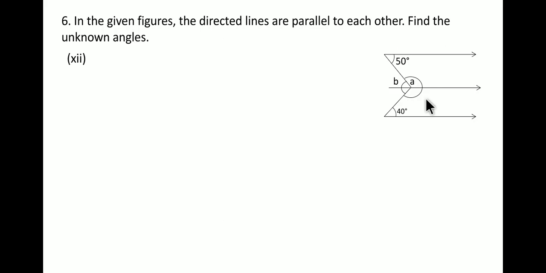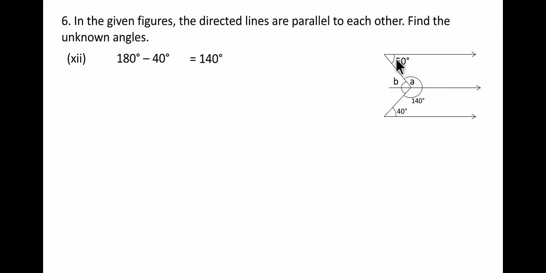So in this way, if you get a pair of parallel lines, then this will act as a transversal. So here in these two parallel lines, this is a transversal. So this angle and this angle out here, from here to here, become co-interior angles. That means the two angles are supplementary. So this angle will be equal to 180 degree minus 40, and its value is 140 degree. So here this angle is equal to 140 degree.